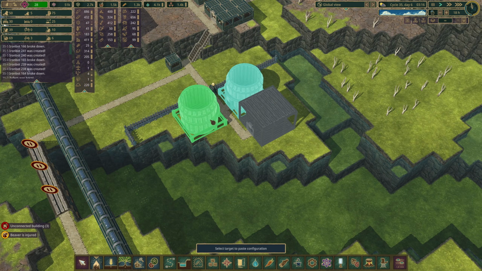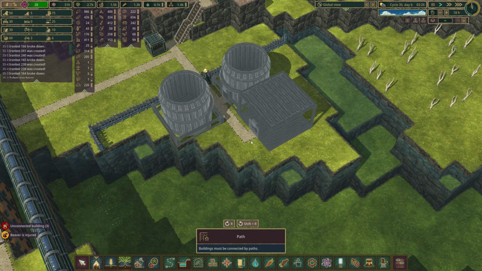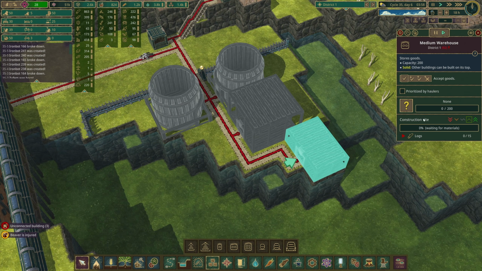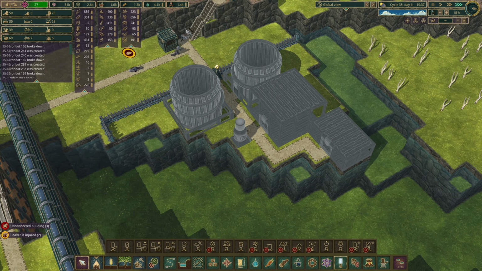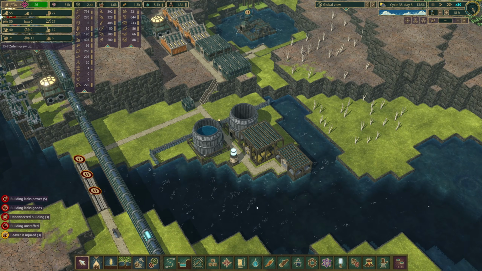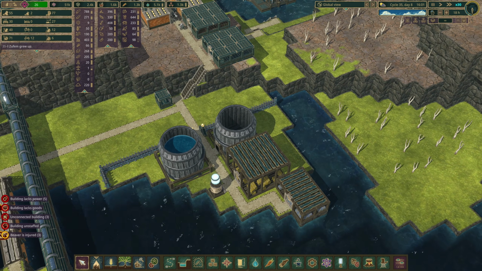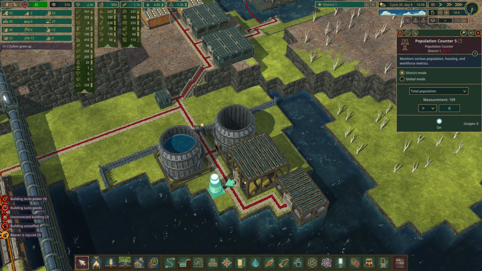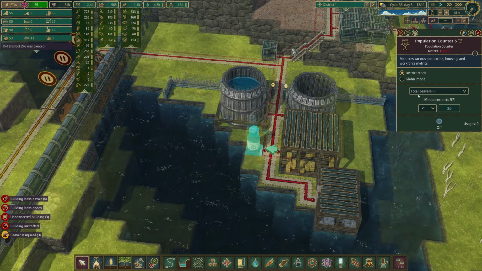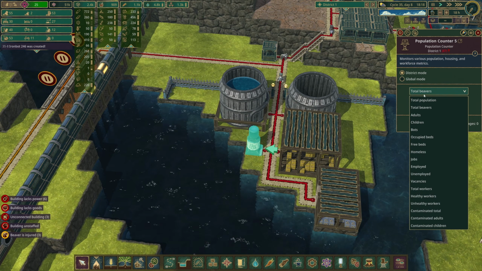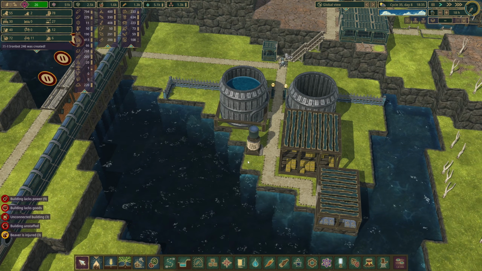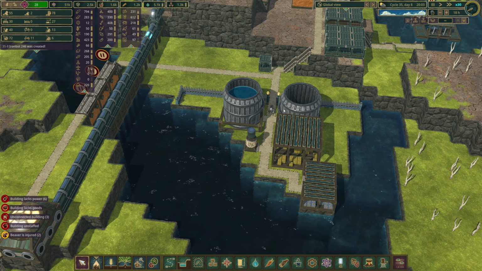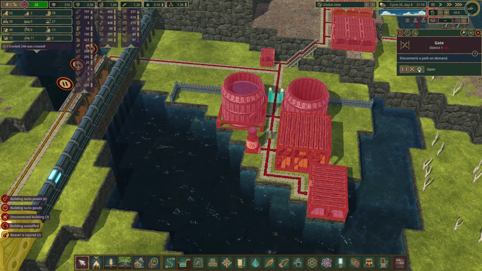Next up, we are going to plan for a worst case scenario. So let's just store some water over here, some rations. We're gonna add a warehouse for berries as well, because we need to repopulate. And then we're just gonna need a single population counter over here. And in pretty much no time at all, this place is gonna get filled up. But once it does, we need to make some changes. Because we are going to measure if the total number of beavers over here ever fall below 10. And what we're gonna do when all of this is filled up is that we're gonna activate this gate based